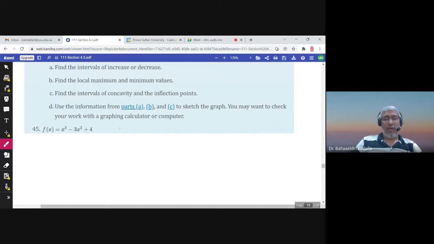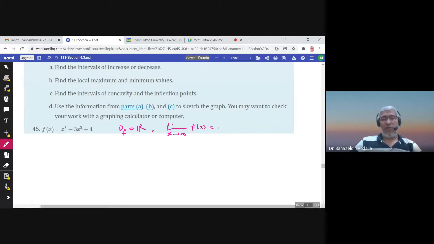Well, I'd like always to determine the domain of the function. This is a polynomial, so the domain is all real numbers. I'd like also to check the horizontal asymptotes of the function. Actually, there is no horizontal asymptote because the limit of f of x